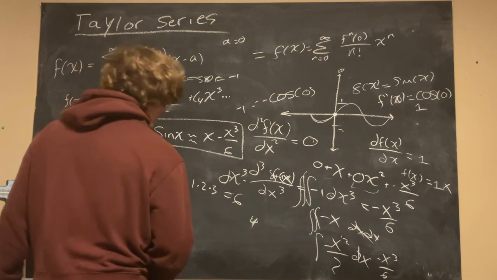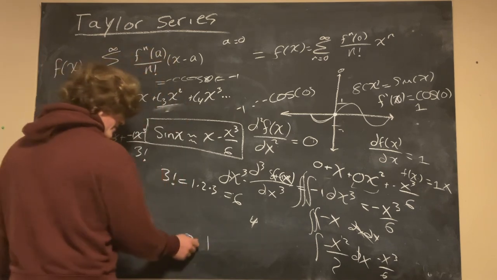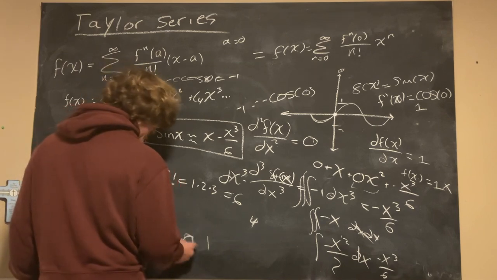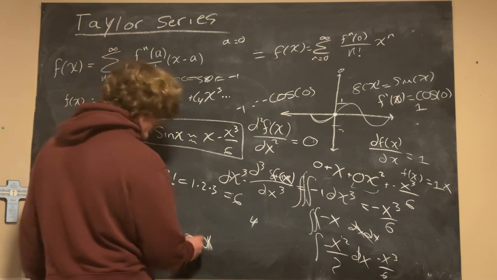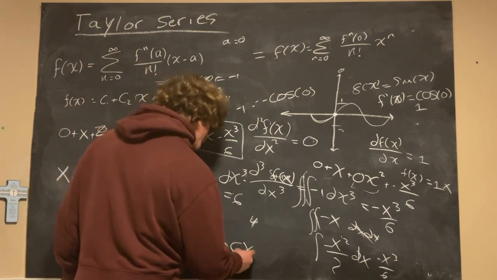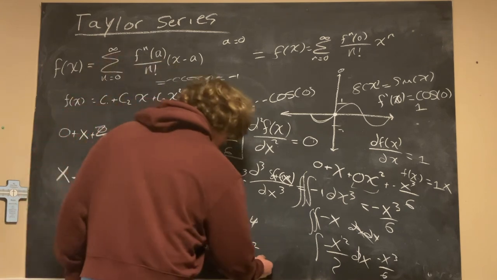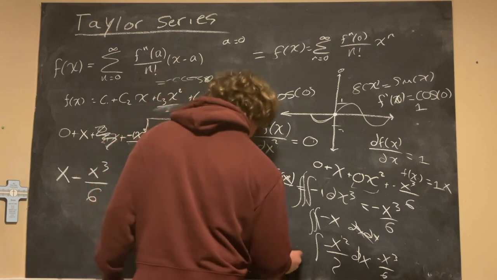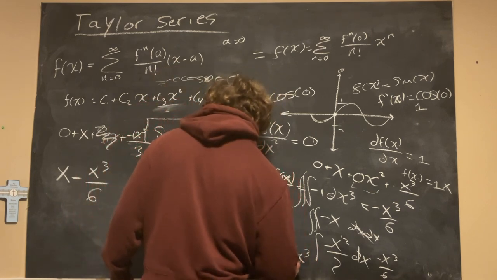In order to get there, you would have to go from your 0th power, so this would just be a constant. Then you would have to go to your constant times x when you integrate it once. Then you would have to go to your constant times x squared divided by 2 due to your power rule. Then you would have to go to your constant times x cubed divided by